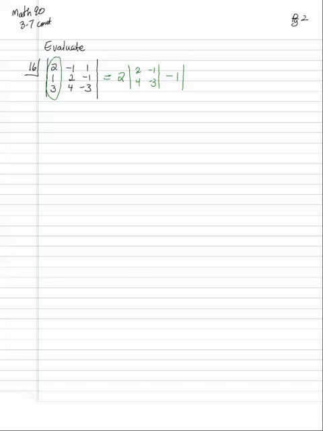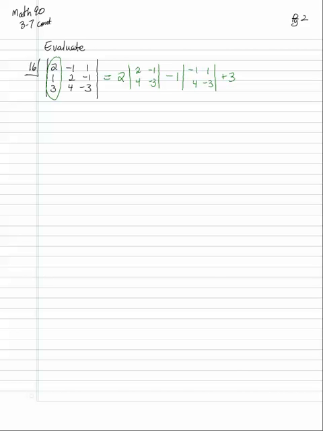So again, if you have an extra pencil, put the extra pencil in your offhand and cover up the second row and ignore the column that I circled, the 2, 1, 3. Cover up the middle row and then just write what's left over. So I go -1, 4, 1, -3. And then plus the third